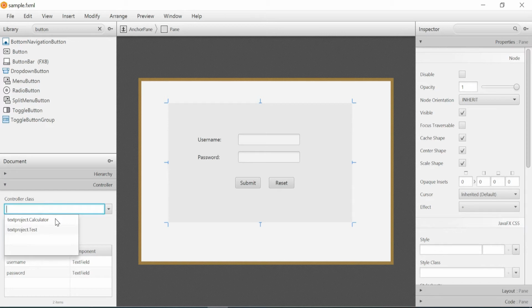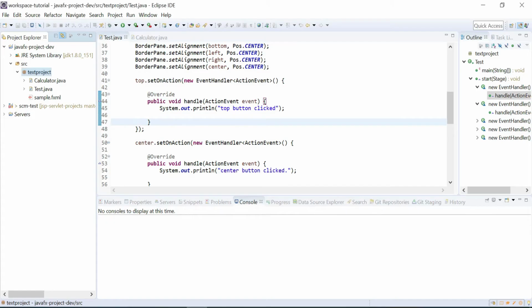So I am going to create a controller. What does controller mean? A controller is actually a Java class, so we are going to create it here.